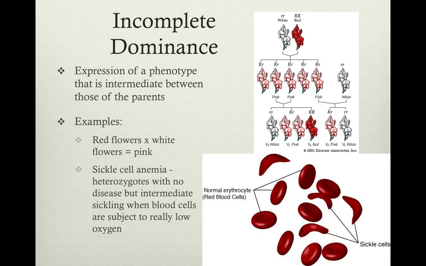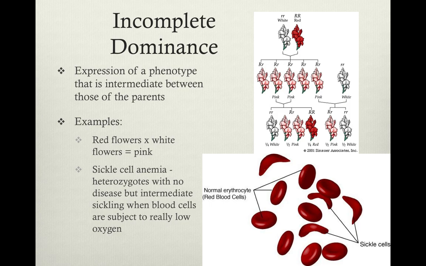There are, of course, some notable ways that we don't see this strict kind of Mendelian genetics. One of those is with incomplete dominance, where we don't have pure dominance and recessiveness. What this means is that those individuals who are heterozygous, who have one of each allele, will display an intermediate phenotype. So here's an example with snapdragons, where you've got the phenotype for either red or white flowers. The F1 generation is all pink because they've got one red allele and one light white allele, so it kind of blends those two colors together.